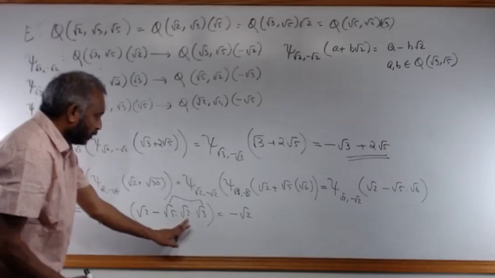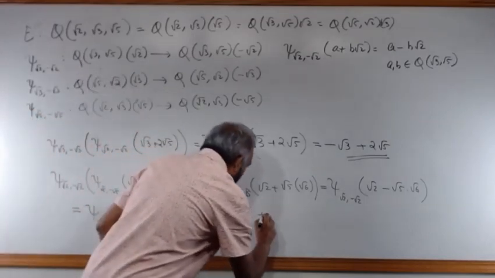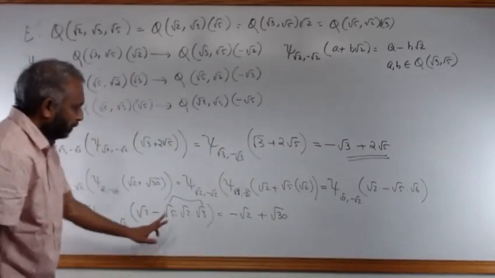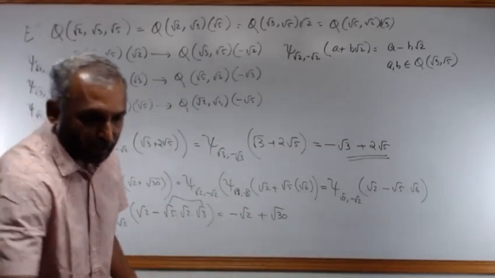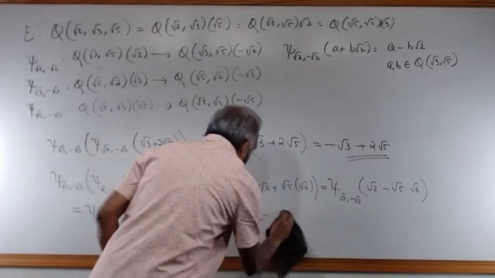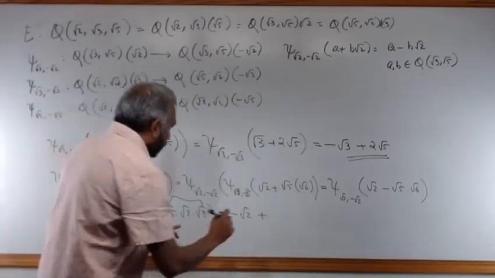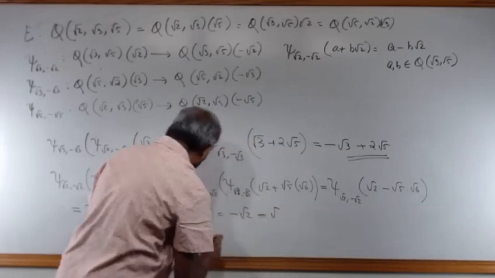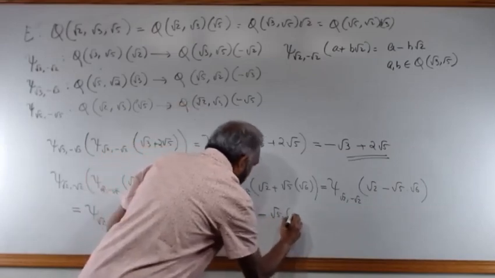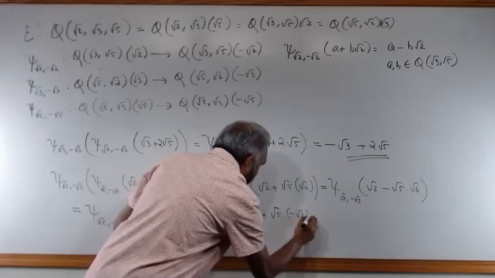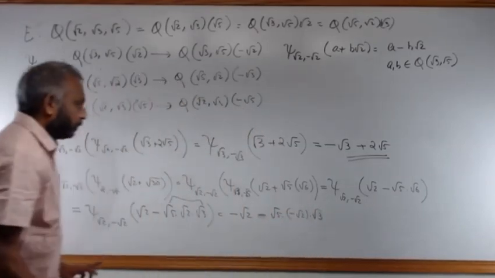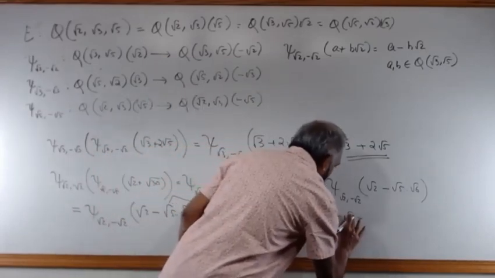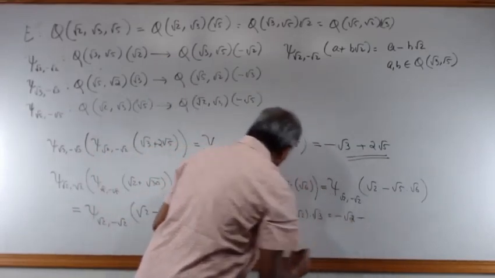The only thing that is going to change is this. So this is plus root 30. Or if you want to write one more step here, actually here I will be having minus root 5 times minus root 2 times root 3. And that is going to be minus root 3 minus root 2 plus